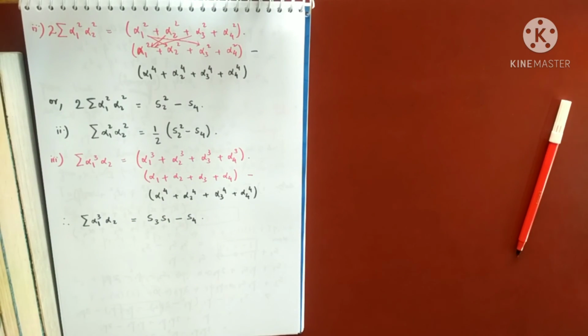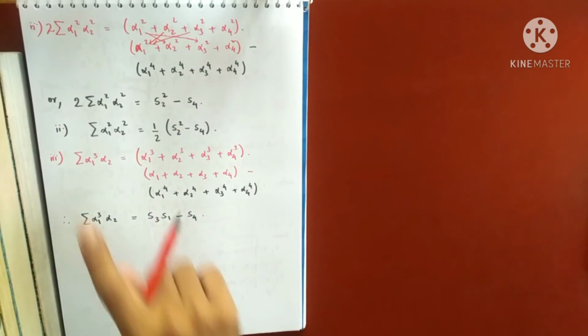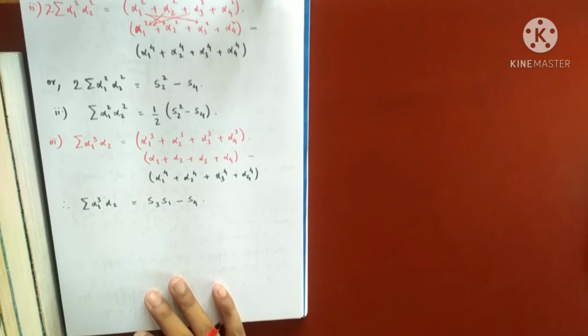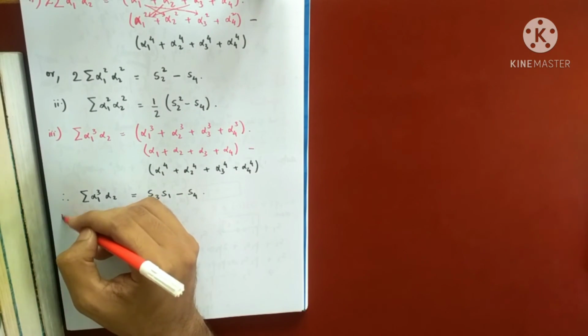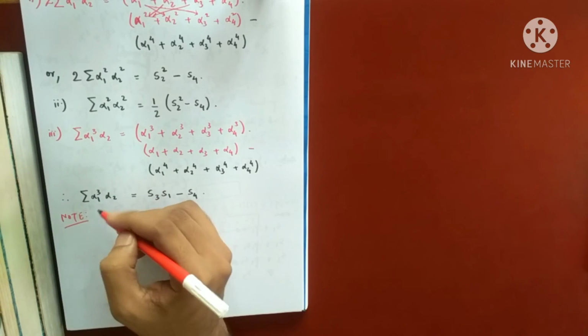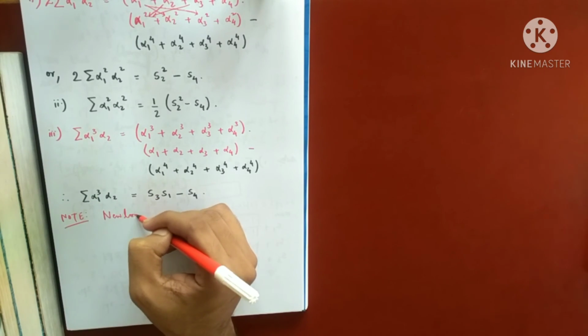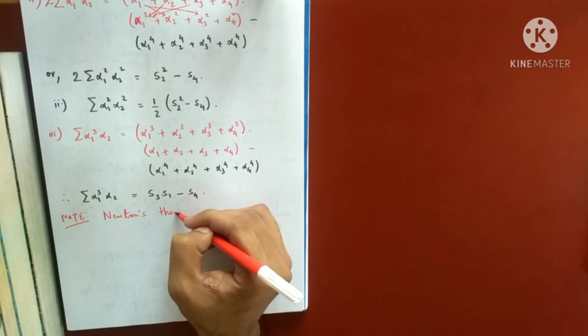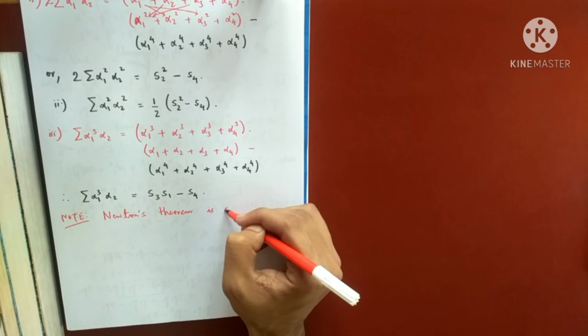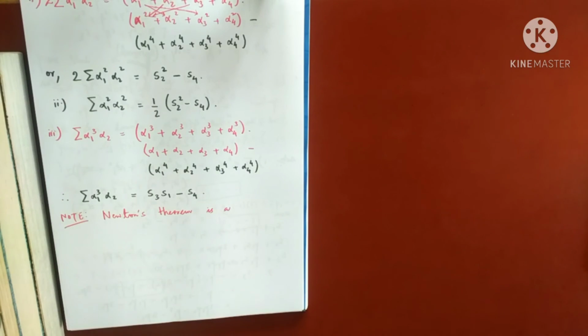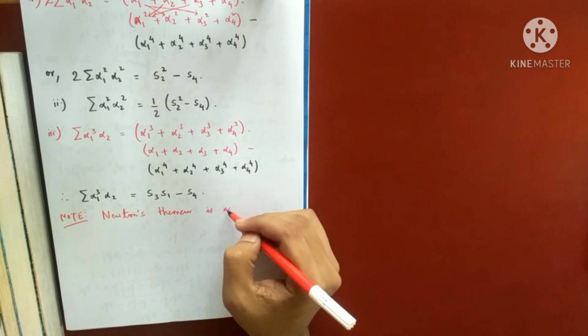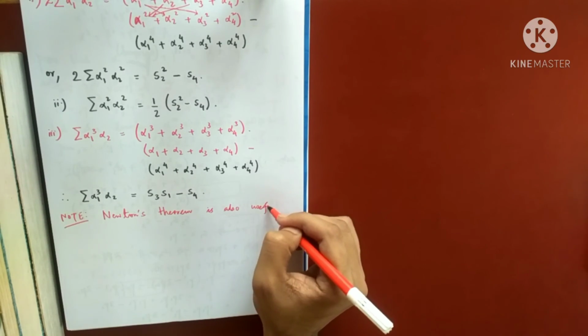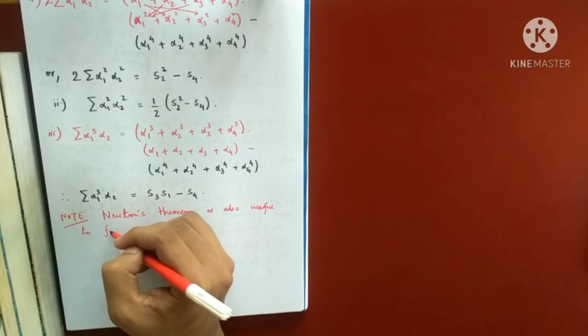So Newton's theorem is also important or useful to find this kind of symmetric function of roots. Okay, so just take a note by the end of this question that Newton's theorem is also useful. It is useful to find sum of the powers of roots. You can also find summation alpha to the power 10. But it is also useful to find this kind of product. It is also useful to find